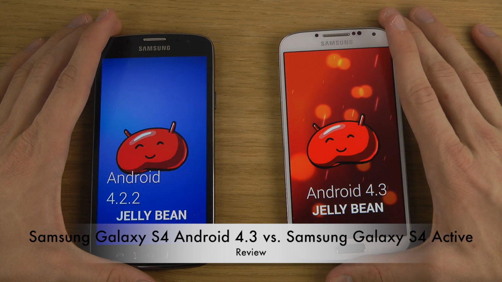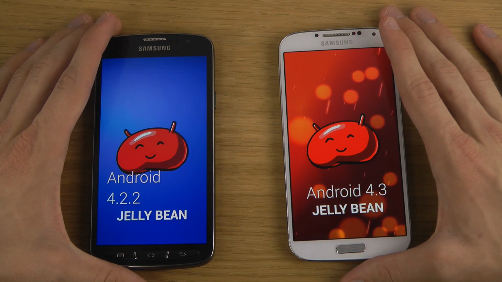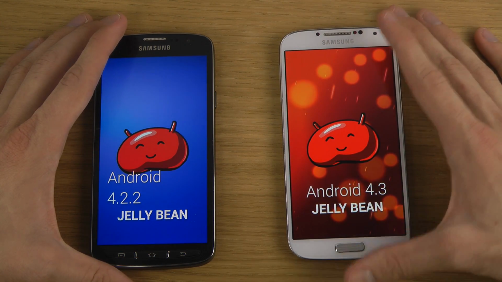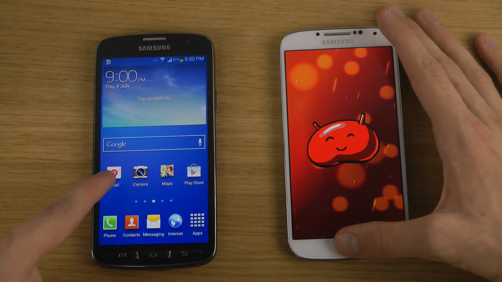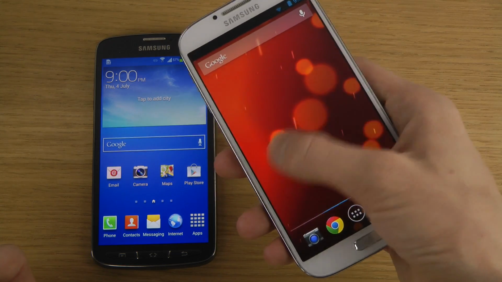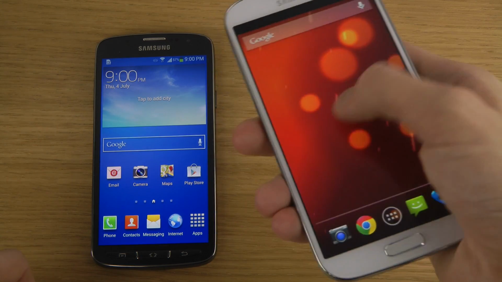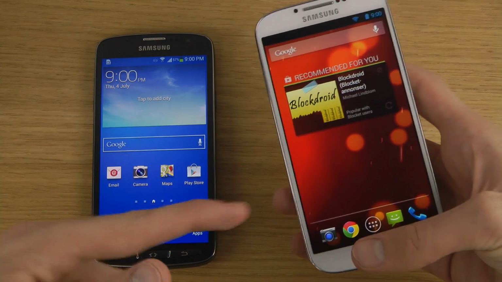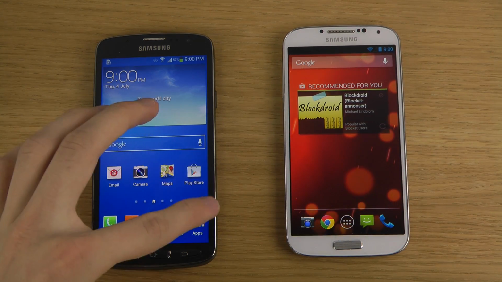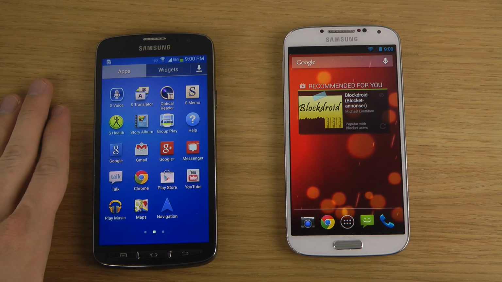Well, first of all, the first thing that you might be seeing here is that the Google Edition firmware of Android 4.3 is not with Samsung's own skin that they have on top of Android, which is the TouchWiz skin that you do get on the S4. This is a firmware that I actually had to install myself, which is the stock version of Android, and you have to install this if you don't buy the Google Edition and want to have this fresh look. Or else you get this experience here on the S4 Active, which is with TouchWiz installed, where you have apps here on the right side,